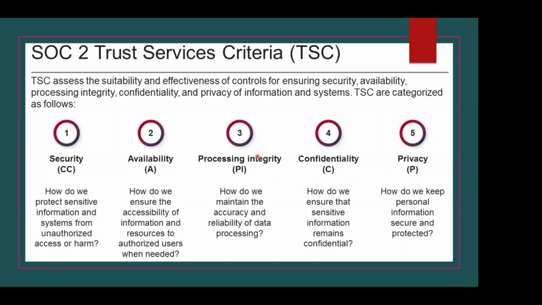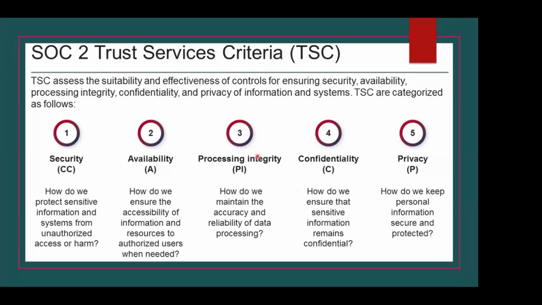So it is based on security. The first criteria is called security. As the name says, security means how we are going to protect our sensitive information from unauthorized access and unauthorized disclosures. The second criteria is your availability. Most of you who are in the security background know what availability actually means: how we can make sure information is available to the right people at the right time. So that is your availability criteria.